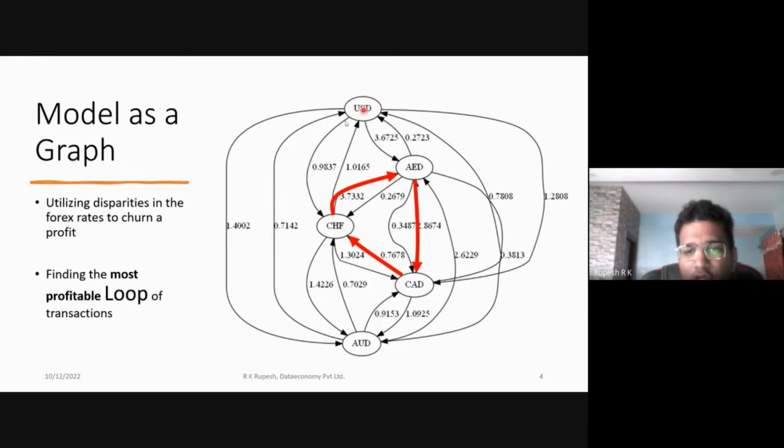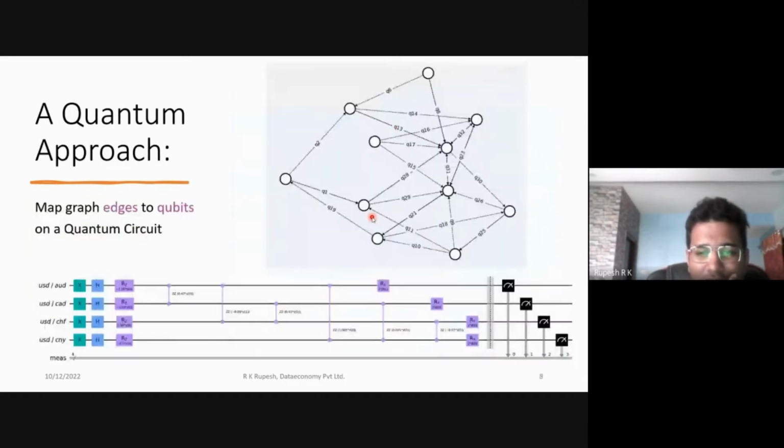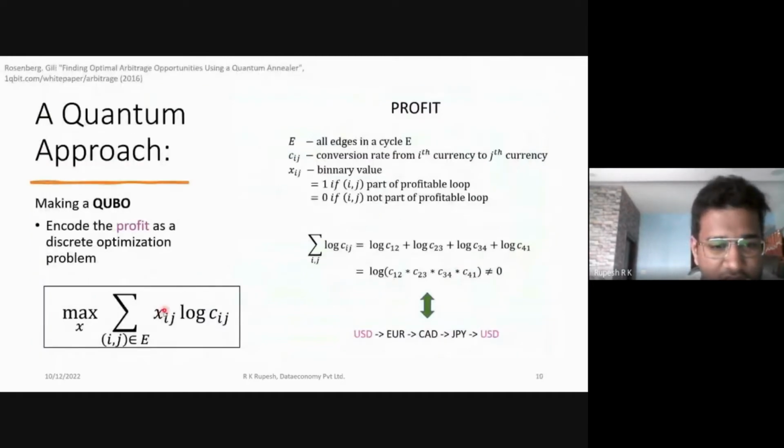Note that x_01 and x_10 are not necessarily the same. We could have this edge within the most profitable loop, whereas we may not have this one in the most profitable loop. So that is what x_ij represents. And then C_ij essentially represents the conversion factor itself. We have a currency i and then a currency j. Let's say these are Indian currency and United States dollar, then C has a value of roughly 80 rupees. And the other way around would be somewhere close to 1 by 80. So these are the C_ij values, which are the conversion rates.